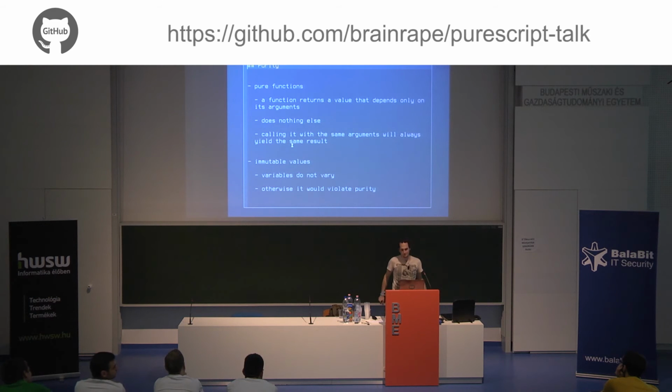DOM in the browser. And I'll get back to this because if we want to actually do stuff with a programming language, we have to do those kinds of stuff as well. And the values in PureScript are immutable. You can't change a variable after you've first declared it. And these features together allow you to trace what's going on in your language. You can also always trace just by looking at the code what's happening and what comes from where.